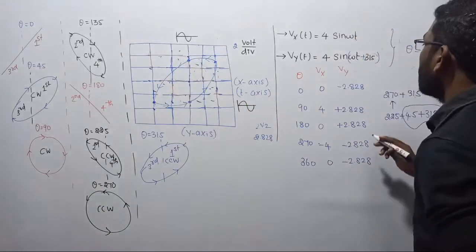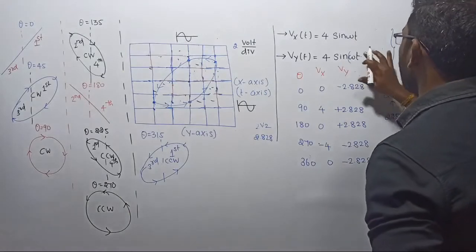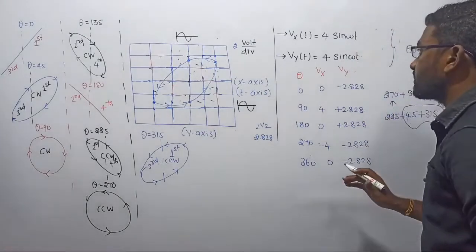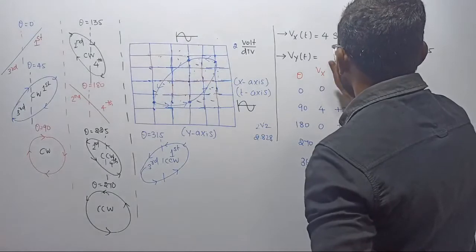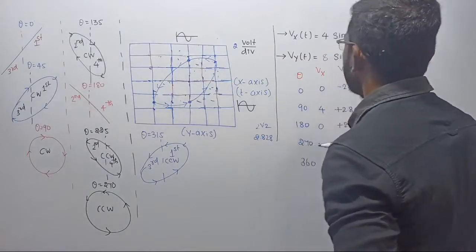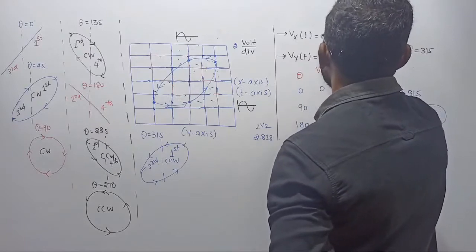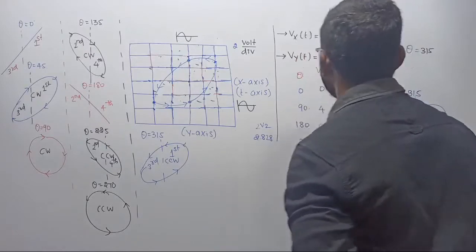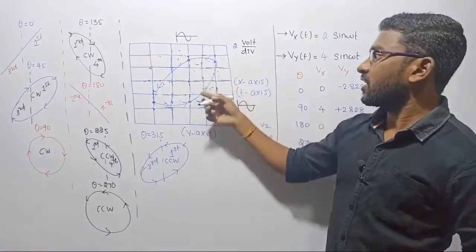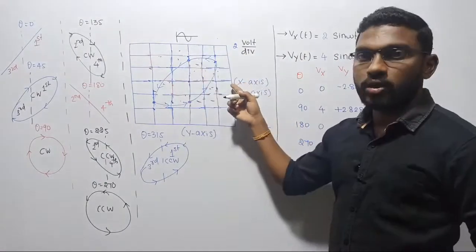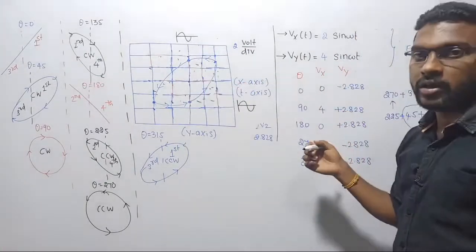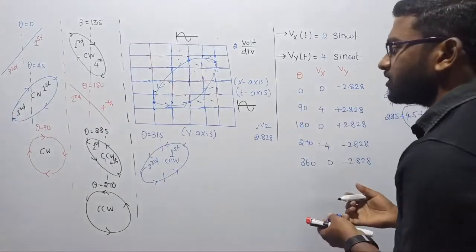Okay, first case I am taking sin omega t. Let us go back to the previous case. Let me consider 4 here and 8 here. 8 is too much, it's a very high value. Let me consider 2 sin omega t and 4 sin omega t. That is much better, because on our scale we are considering only 3 lines, I can go up to 6 volts. That's why I'm restricting the values to less than 6. I hope things are clear now.